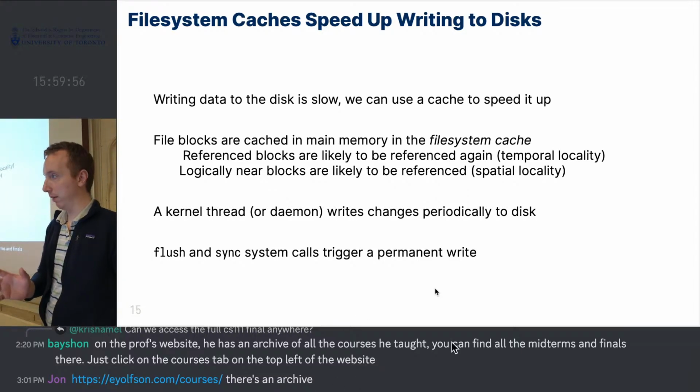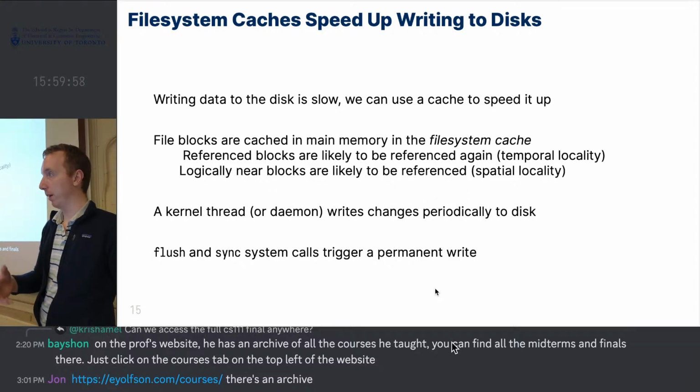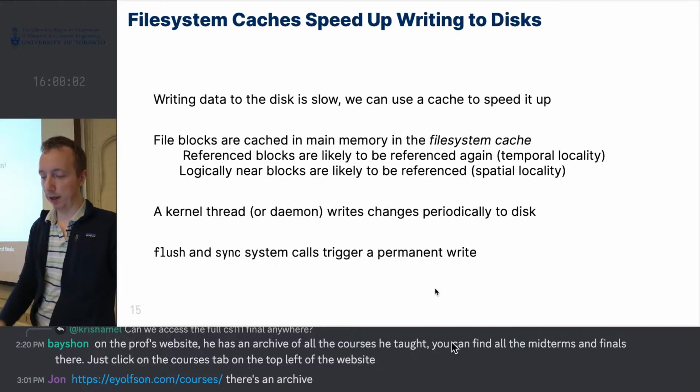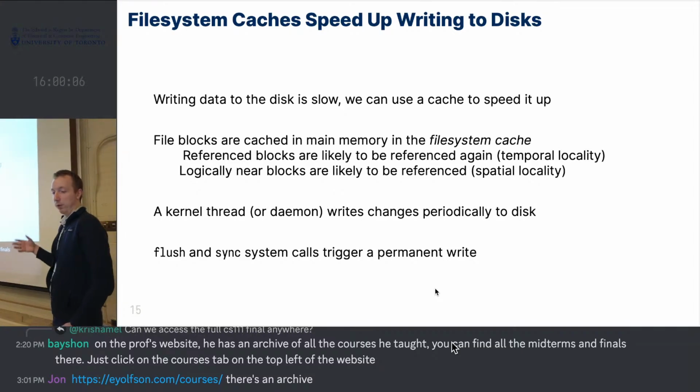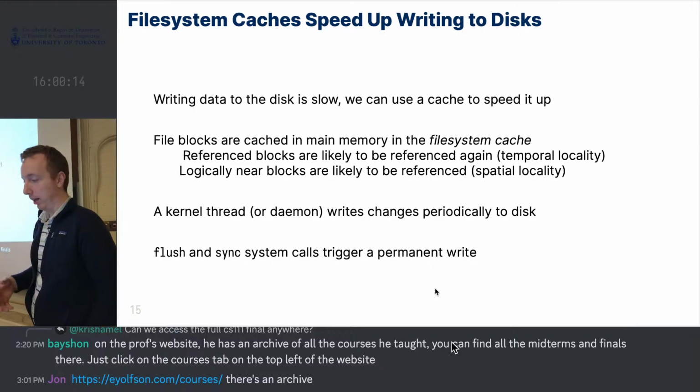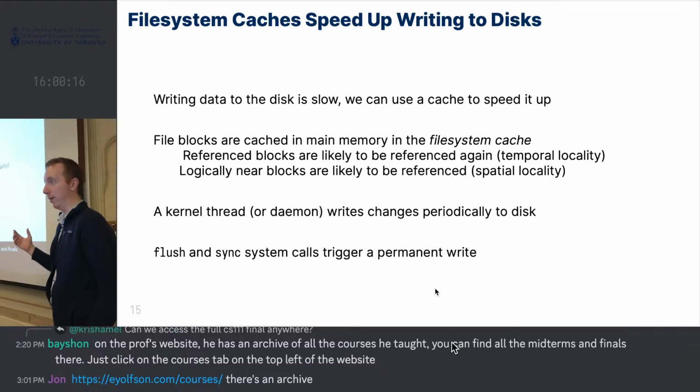And also, if I modify the first block of the file, I'm probably likely to modify the second block, so I might as well read it in. So what your kernel will also do is it won't write anything out to the disk until you actually force it to, because that's just really slow. So that's why